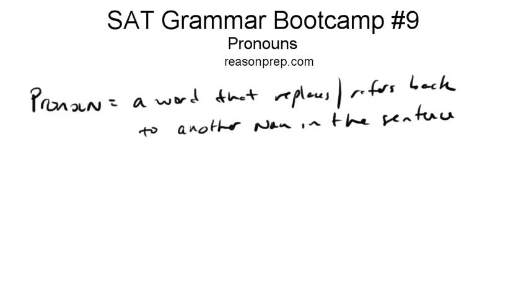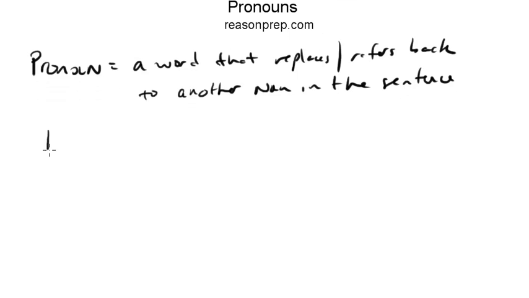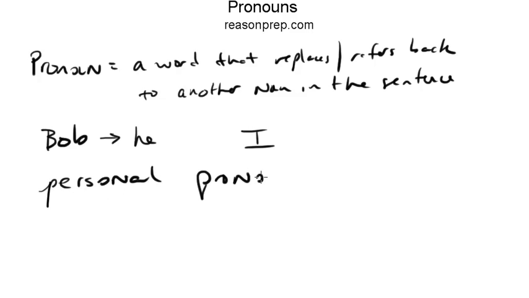So what would be examples of this? Let's say we're writing a paper or an essay about Bob. We wouldn't want to repeat Bob, Bob, Bob, Bob in every single sentence. Grammatically, it's fine, but stylistically, it doesn't sound very good to the ear. So what we do is we replace it with pronouns such as he. When we talk about ourselves, we use the personal pronoun I. So these are examples of what we can call personal pronouns, and they are words that just replace other nouns